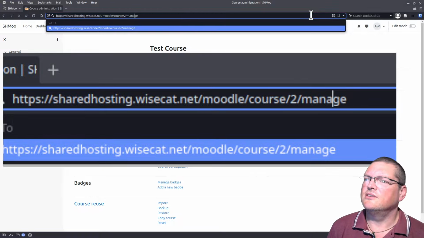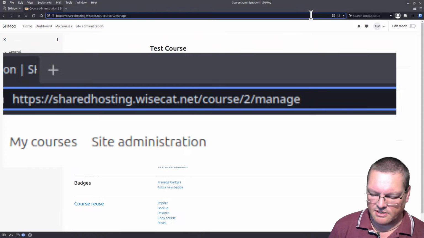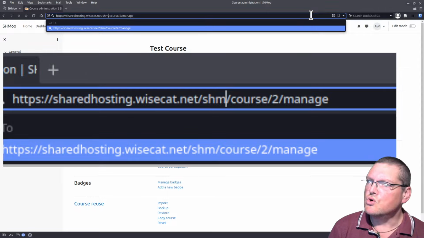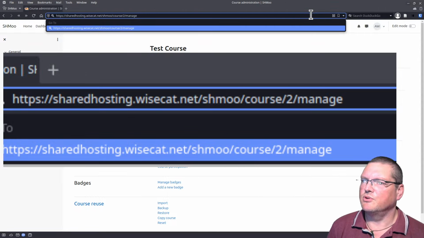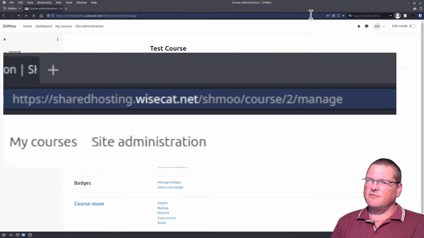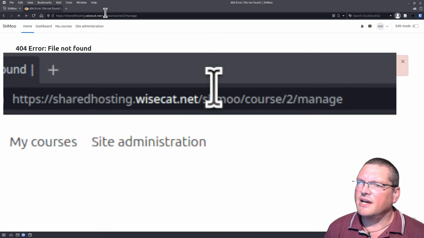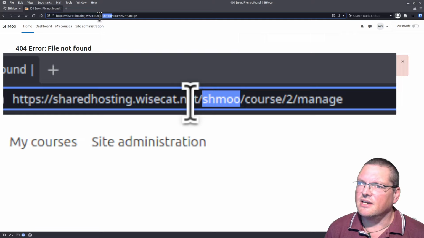course to manage or something like, or maybe /shmoo or something like that, because I've got shmoo in there. Okay, so I want shmoo to actually work. It'll get a 404 this time. Yep, that's the 404. But what if my Moodle is actually in this subdirectory,